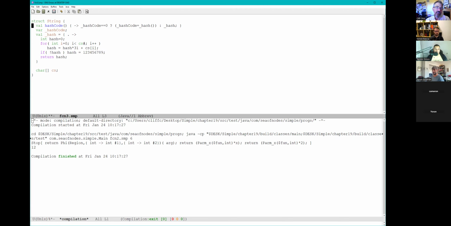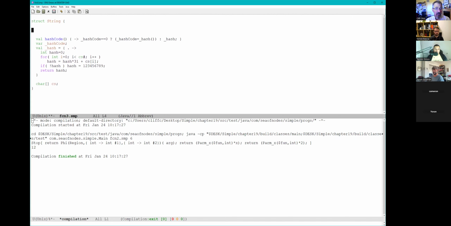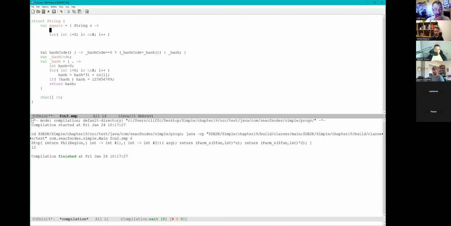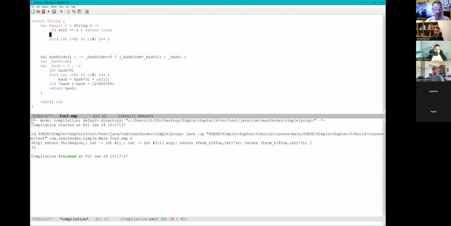So, here's a little thing for hash. Maybe I also want, oh, let's see, I've declared myself Java, so I get more indenting now. All right, you're confused. Okay. And then I would say equals, right? Whoops, equals takes a string s, arrow, and then I need another one of these for loops. All right, I'll start with some easy cutouts here, right? If self equals s, you return true.